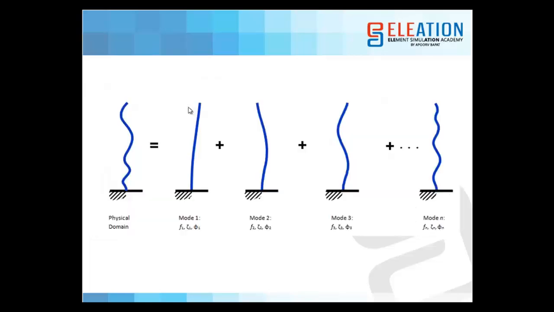So exactly what is happening in modal analysis is there is a physical domain, as you can see here, which is undergoing vibration. With the help of modal analysis, we calculate the first mode, which is out of these shapes, this is the first mode at some frequency, with some deformations. Then this is the second mode, third mode, and so on. We divide this entire body into modes, and we try to see which mode is giving what type of deformation,